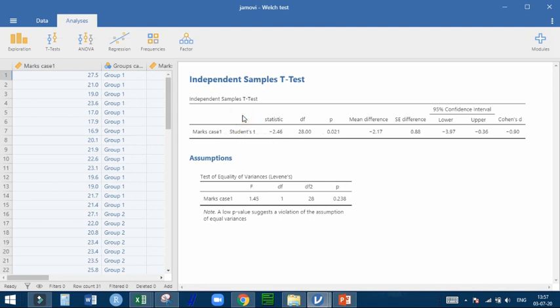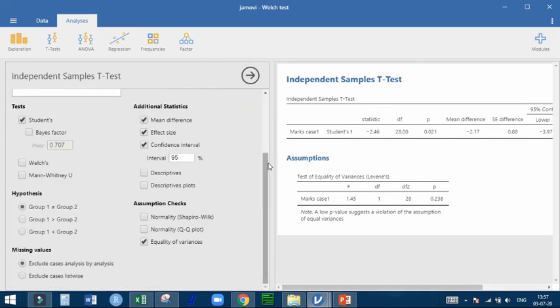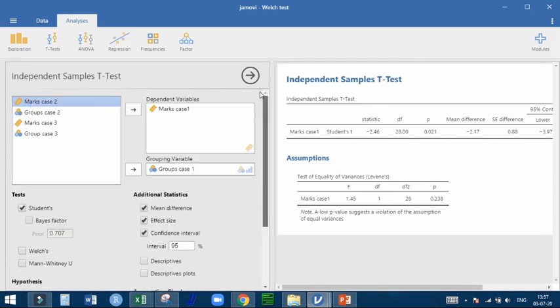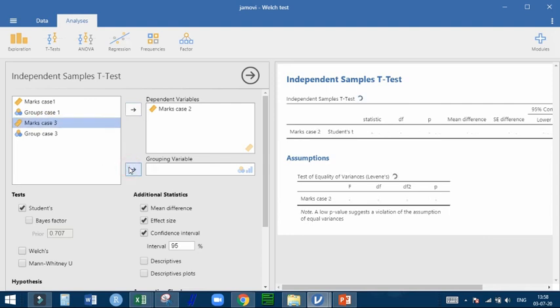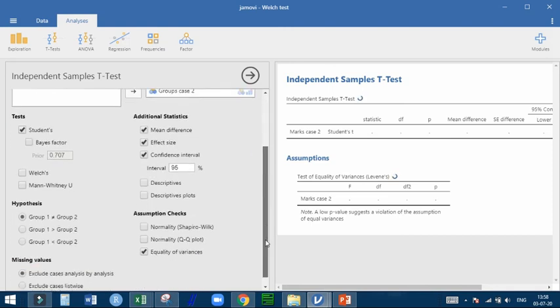Let's check the second group. For the second group, send this variable back, and group case 1 also back. Now marks case 2 is the dependent variable and group case 2 is the grouping variable. Same options I will click.